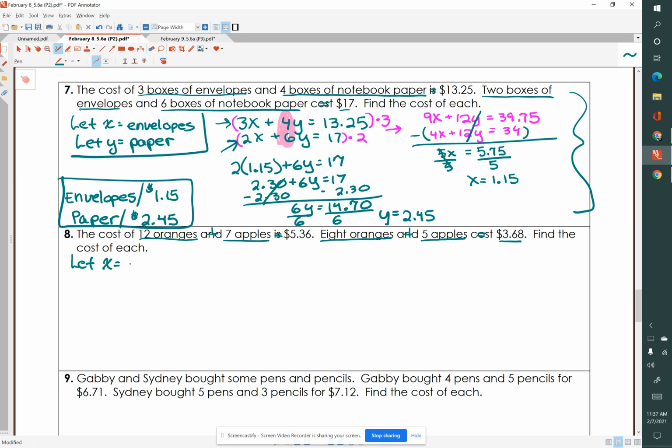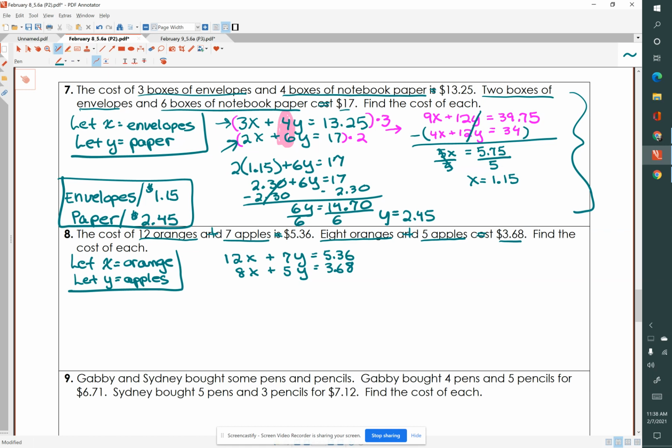So I'm going to let X equal oranges. It doesn't matter what your X and Y are. What matters is that you give the correct information in the answer. So I'm going to let Y equal apples. And there's my X box. So 12 oranges plus 7 apples is $5.36. 8 oranges plus 5 apples is